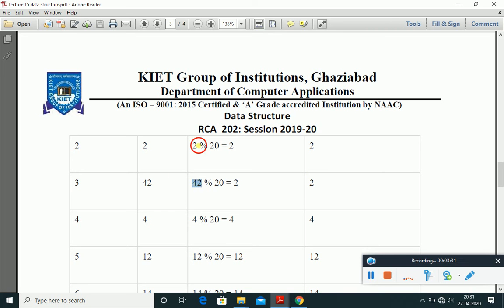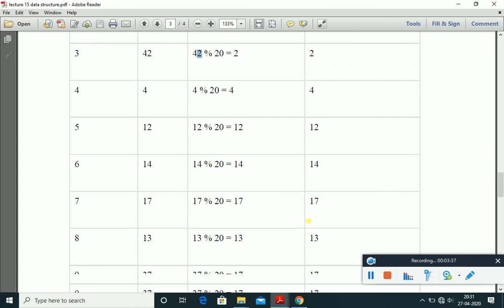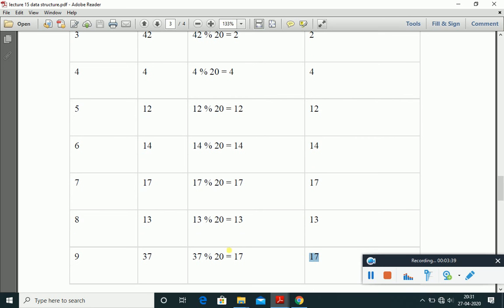One key is 2 and the second key is 42. We are getting 4, 12, 14, 17, 13 and we are getting 17 again. We are getting 17 for 17 and 17 for 37. So for 9 records, even though we took a hash table of 20 rows, we found two collisions.